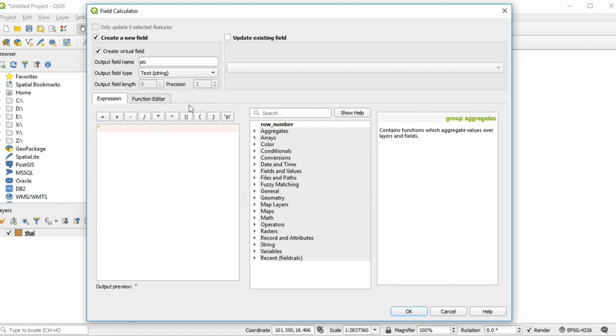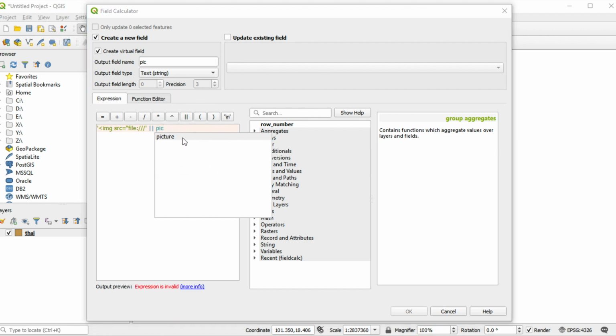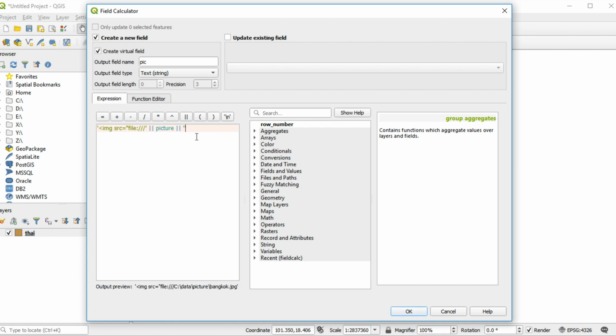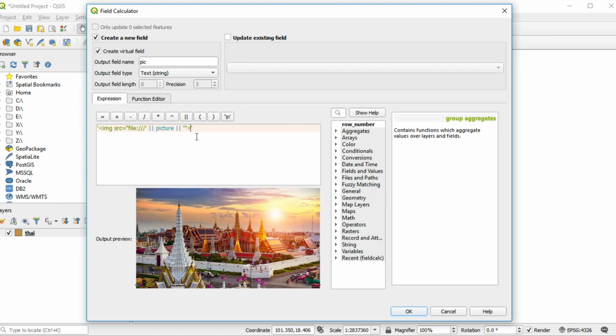I write an expression to transform the normal image path to a KML image path. If your expression is correct, QGIS will show you an output preview and the image. Click OK.